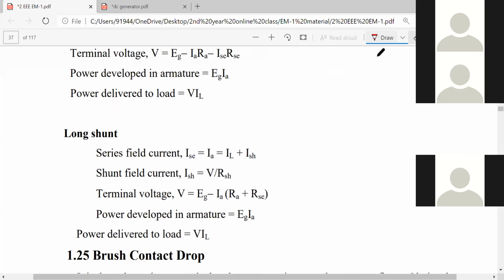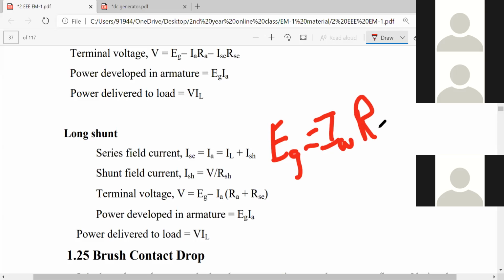So voltage generated Eg for long shunt, equal to armature drop, some voltage drop across the armature circuit, IaRa,